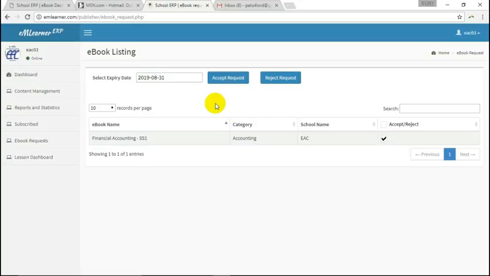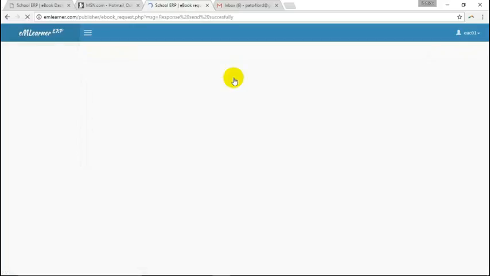It will expire, and exactly that day, the book will vanish. If you are in the village, you are reading in the Android application. That is the student I'm talking about. And so he has not been on the internet. Any day he gets to the internet, the system will synchronize and take the ebook out from the system. So I now accept.